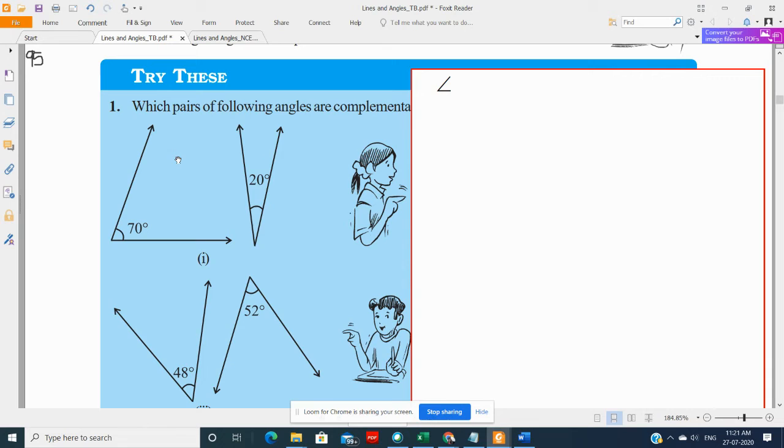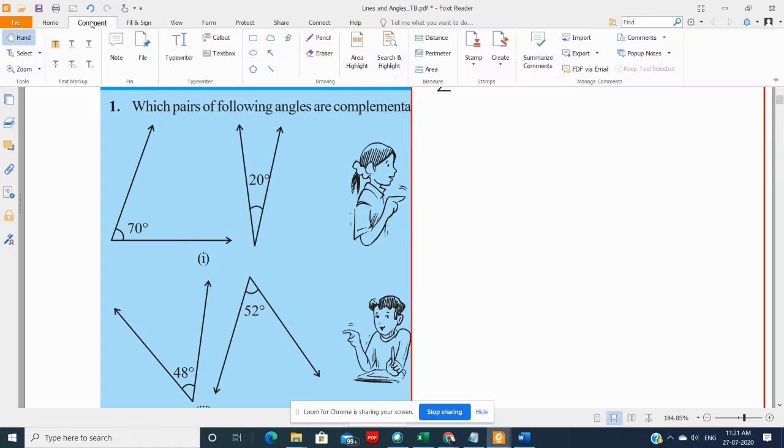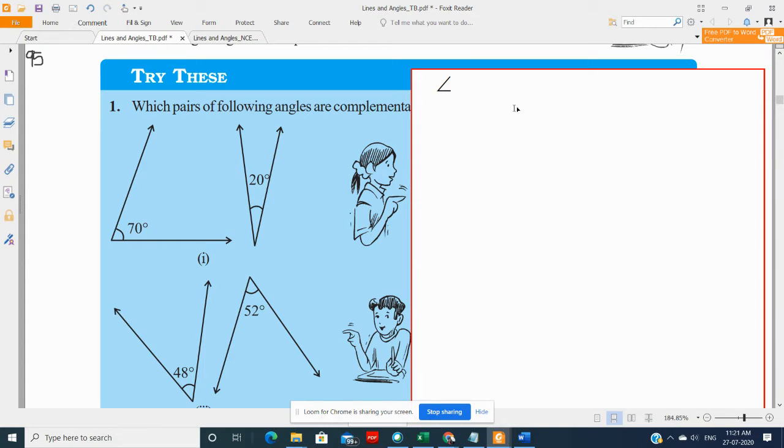complementary. Now as I have already explained, when two angles sum up to 90, then those two angles are said to be complementary to each other. The detailed explanation you will find in our previous videos. So here in this case, for the first, 70 plus 20, these two angles are